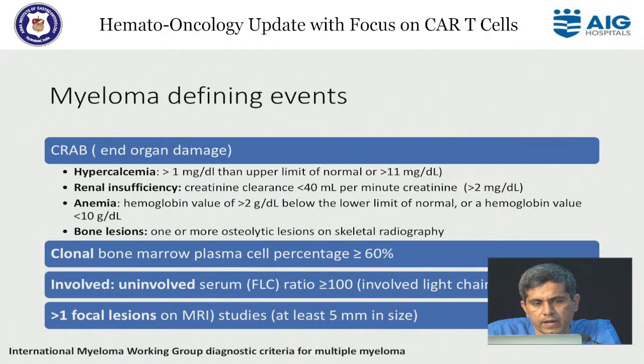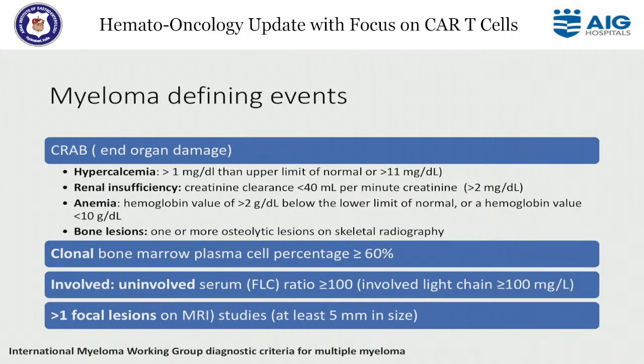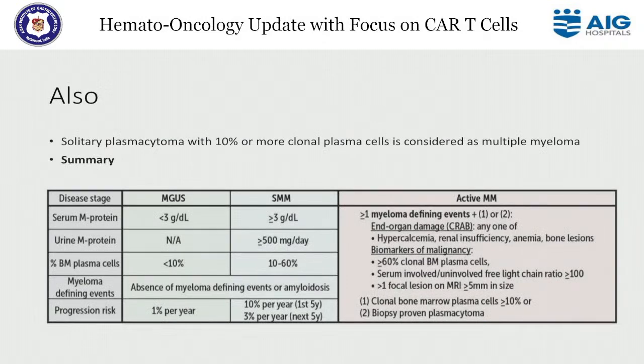As all of us know, the CRAB criteria is one of the myeloma defining events. It can be hypercalcemia, renal insufficiency, anemia, or any bone lesion. Clonal bone marrow plasma cells more than 60%, or involved to uninvolved free light chain ratio greater than 100. Here you have to remember that the involved chain should be more than 100 milligram per liter. Or one or more focal lesions on MRI studies, the focal lesions being at least 5 millimeter in size. Or a solitary plasmacytoma with more than 10% plasma cells on the bone marrow can also be defined as